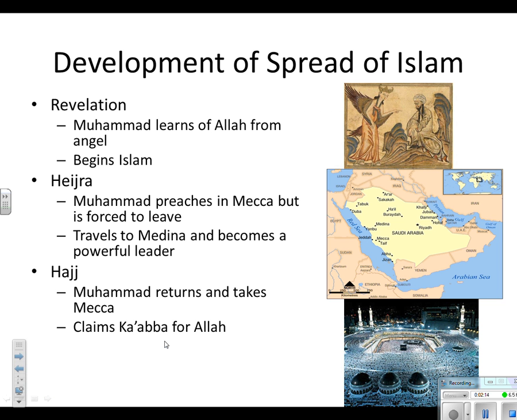So let's look at the actual founding of the Islamic faith. So the founder of Islam is going to be Muhammad. And Muhammad learns about Allah from the angel named Gabriel. Muhammad started as a wealthy trader, but then abandons his trading when he learns about the revelations of God from Allah. And he is the one that begins Islam. A lot of the people, though, in Mecca didn't like the fact that he was preaching a new religion, so he was actually forced to leave. They were scared that they were going to lose their pilgrimage spot at the Kaaba if somebody started preaching a different religion. So Muhammad travels to Medina.